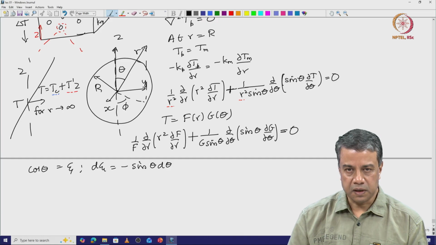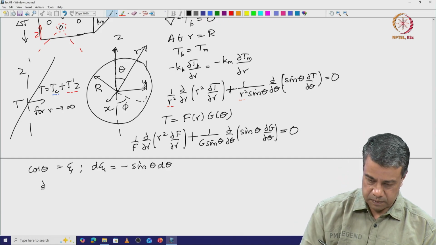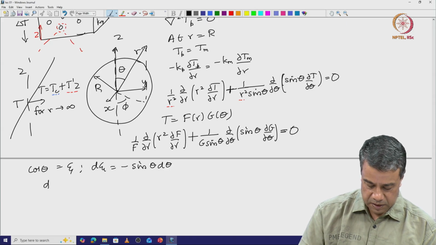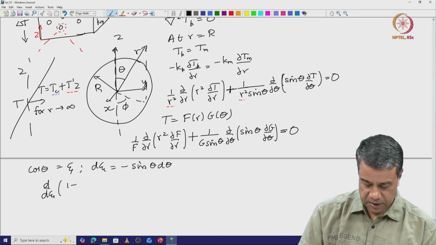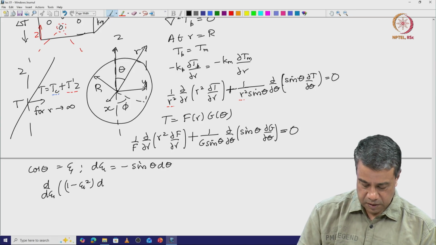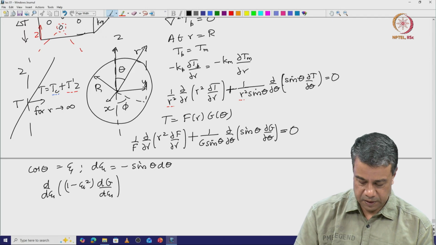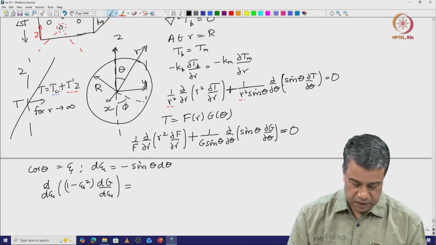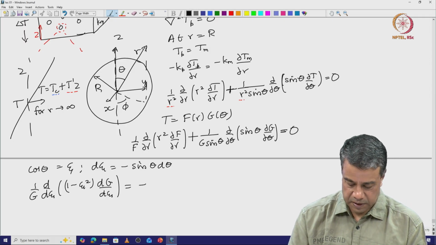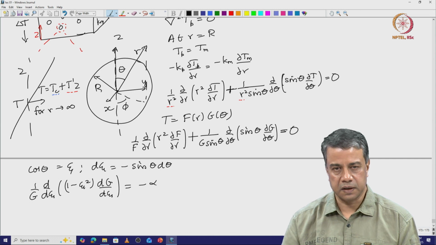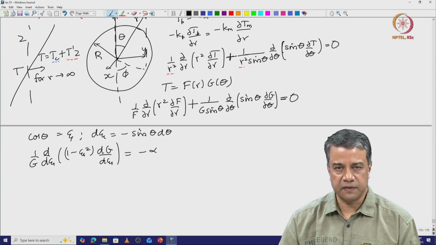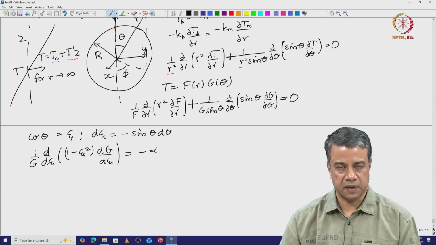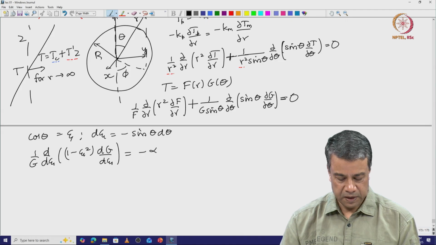The equation becomes, in this case a total derivative because g depends only upon psi, d by d psi of (1 minus psi square) dg by d psi is equal to a negative constant, minus alpha. It is negative because when you have homogeneous boundary conditions, the eigenvalue on the right side becomes negative,